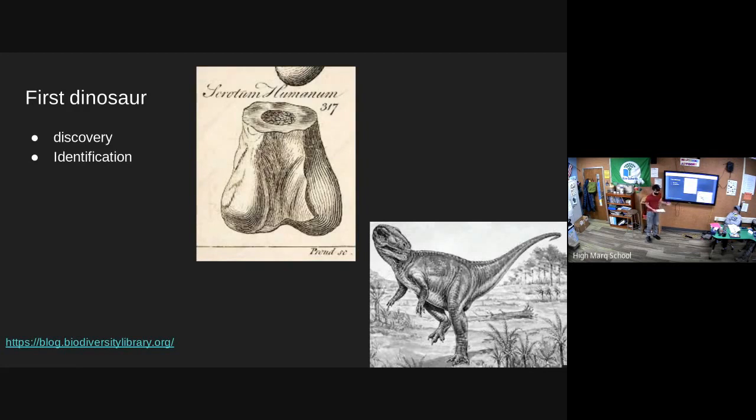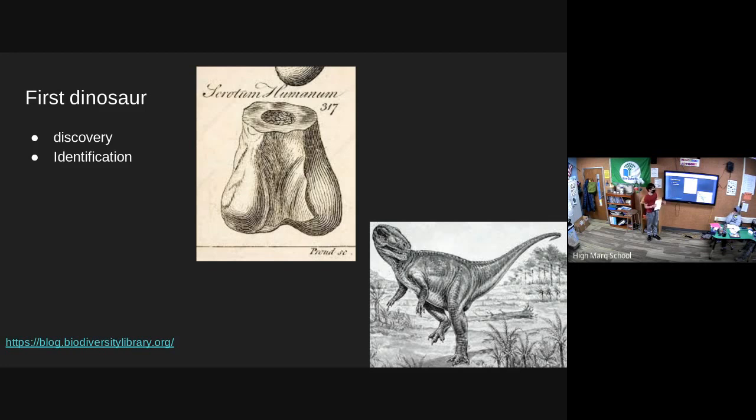So first, I'm going to talk about the first discovery of dinosaurs. The bone itself was found in 1677 by a man named Robert Plot. However, they didn't think it was anything other than a bigger human. And it was a lower, like a hip bone. So they just assumed it was a humanoid. They didn't really get like a skull or teeth, so